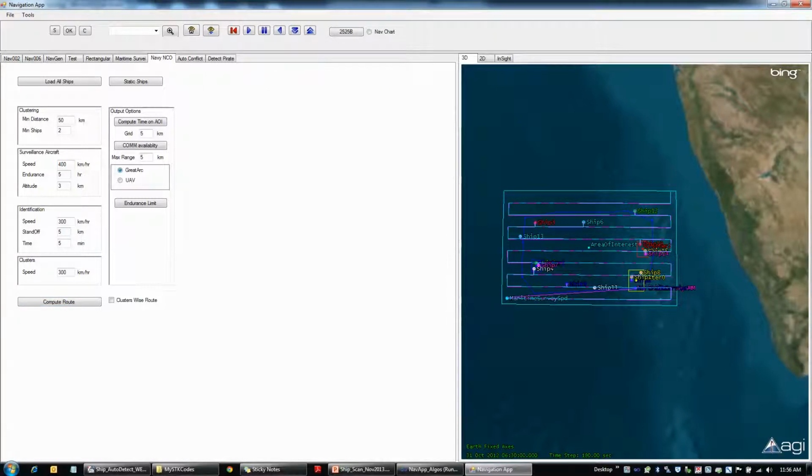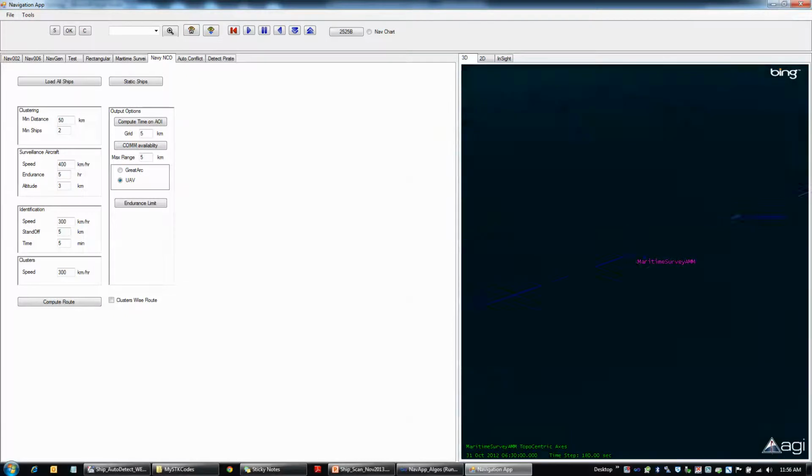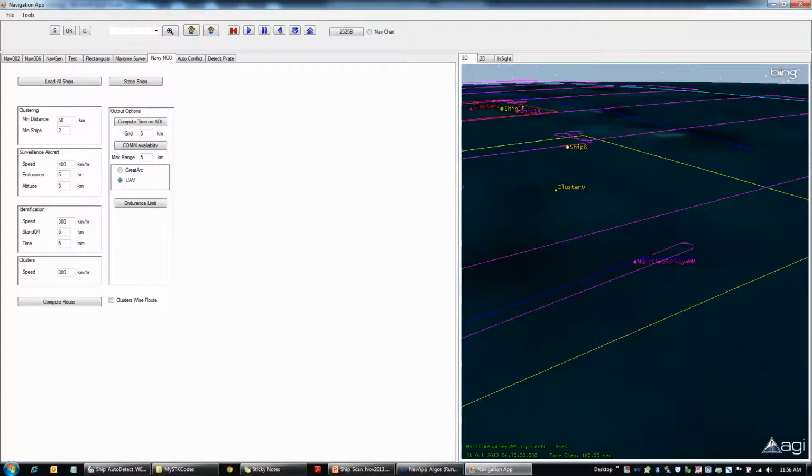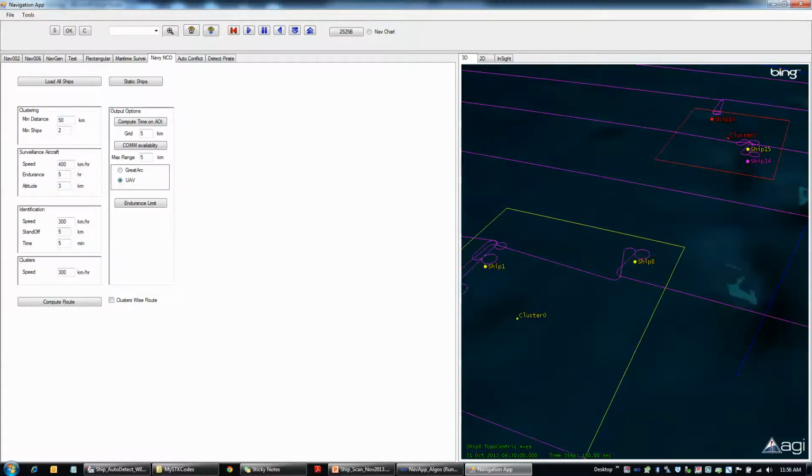I'll show how these routes are done. So I'll show the AMM route. This is the AMM route. What is done? So this is the aircraft. Let me show near the ship. On the ship page you can see that the aircraft was taking a circular pattern so that it spends these 5 minutes here, and also there is a standoff distance of 5 meters.